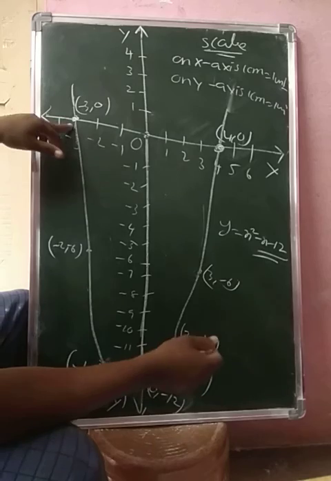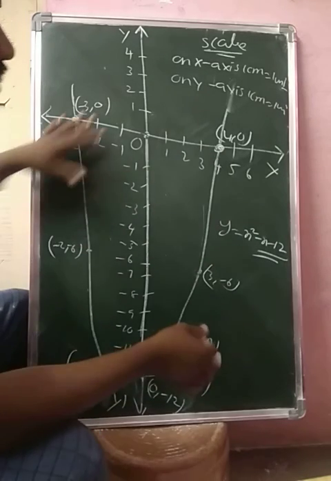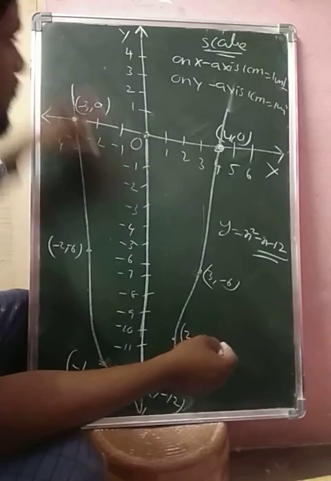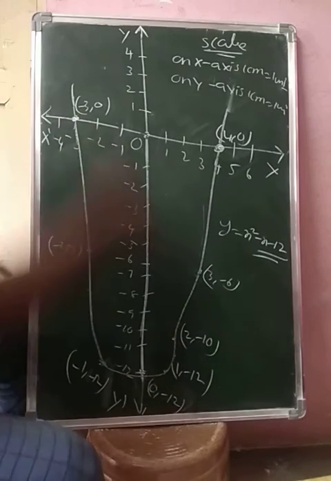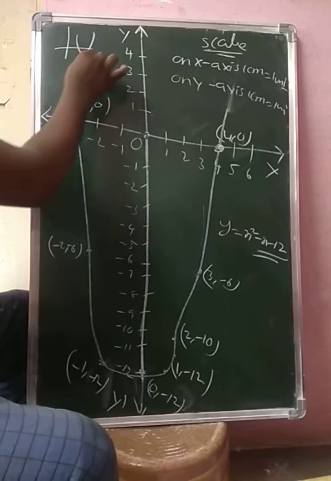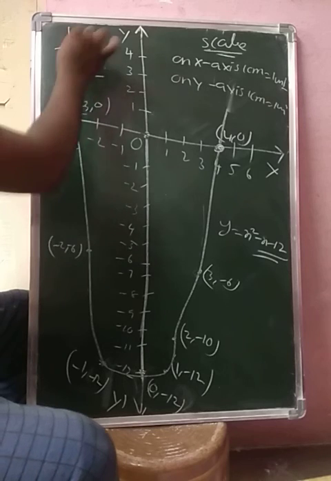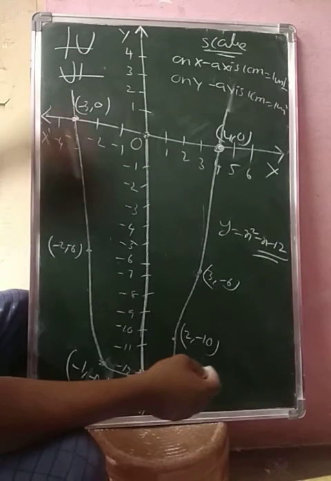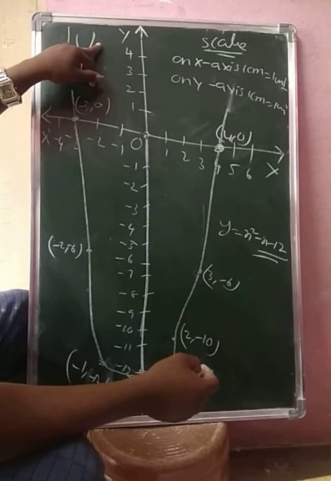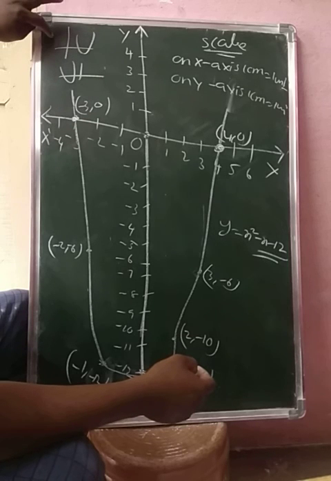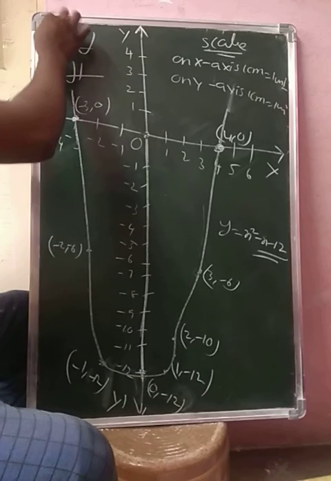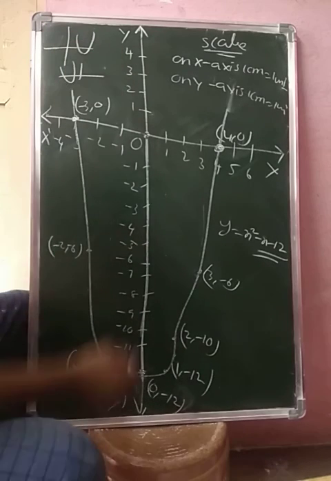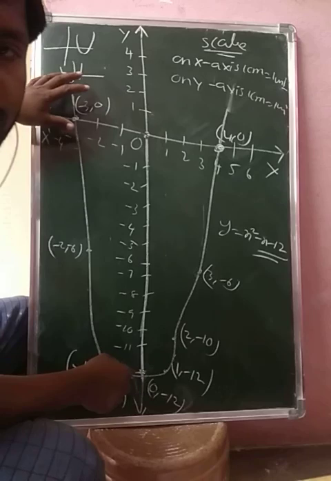It touches the x-axis at -3 and 4. So these are the zeros of the polynomial. This is the shape of the curve. Maybe we will get the figure like this, or like this, or in this shape. Maybe if there are 2 zeros, we will get them in quadrant 1. In quadrant 2 we will get one positive and one negative, like that. If it is minus, then both sides are on this side. So this is the required answer for this question. Thank you.